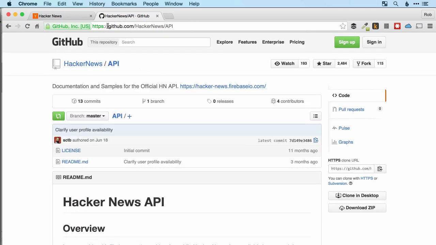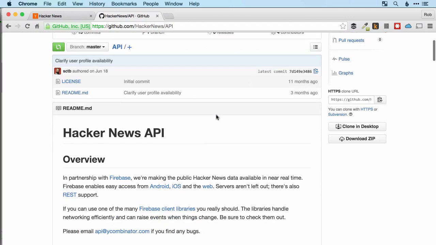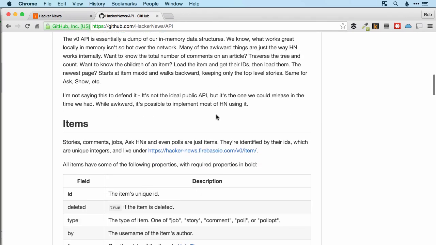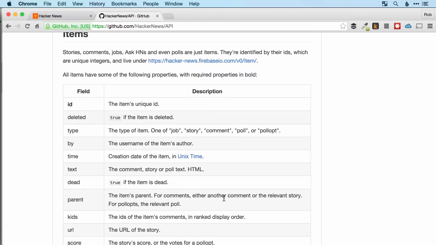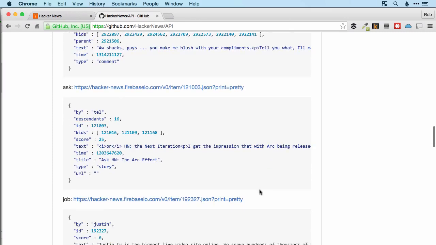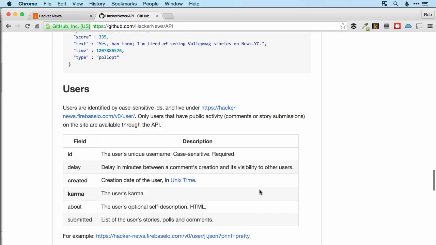If you just search for Hacker News API, you'll get this address. But otherwise you can go to github.com/hackernewsapi. Go to that URL and you'll get this website. I'm just going to give you a very quick overview as to how the API works. You can spend a bit of time reading the code here if you like. But the way that we're going to be using it is we're going to start by